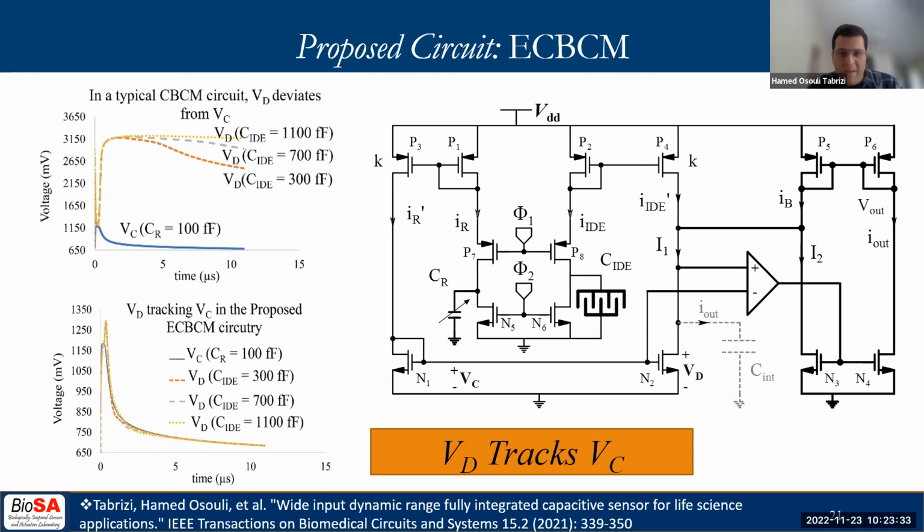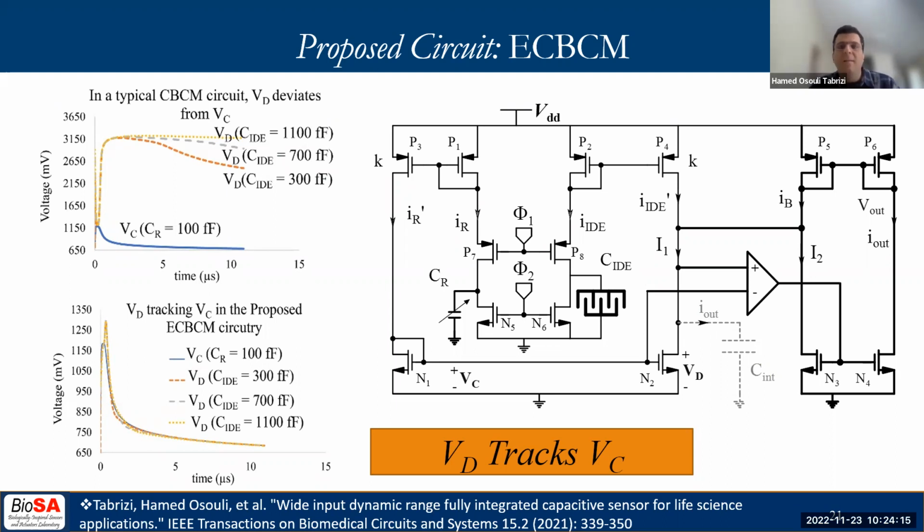The current mirror composed of N1 and N2 is there to copy the current of the reference side, I'R, to create a differential current, I'IDE minus I'R. At the same time, the voltage of the integrating capacitor is the drain-source voltage of N2. Any change in this voltage, therefore, directly introduces error in the linear functionality of the current mirror. The range of linear functionality of this current mirror will be improved by keeping the voltage of VD and VC